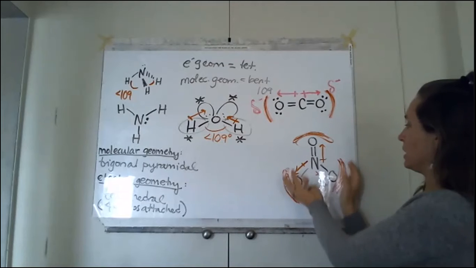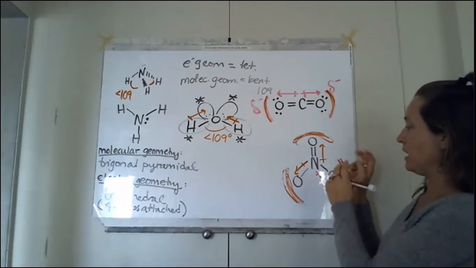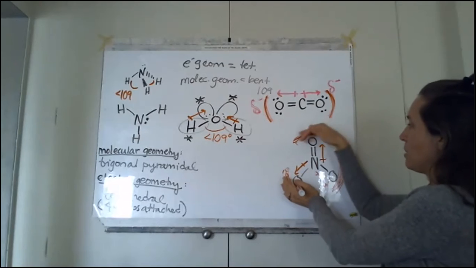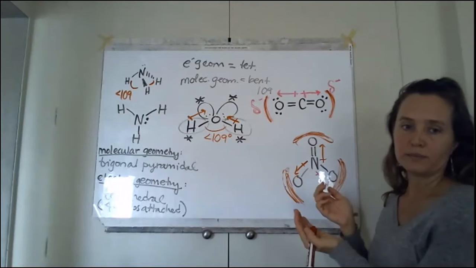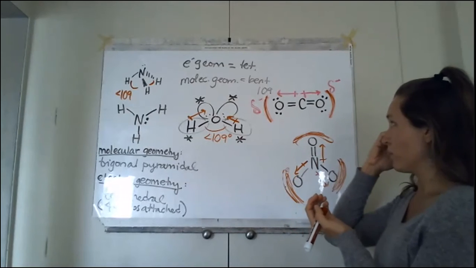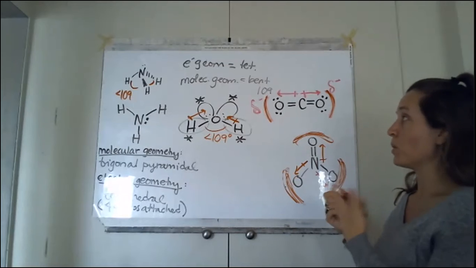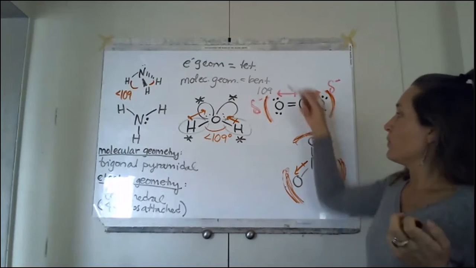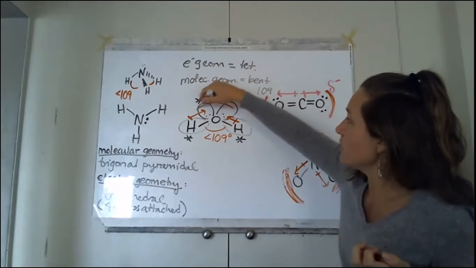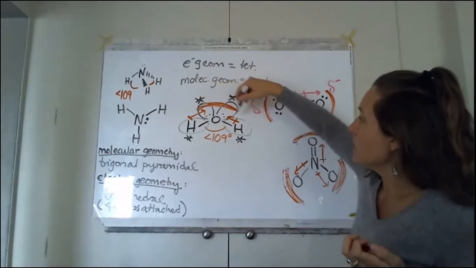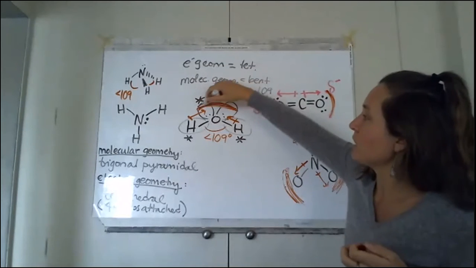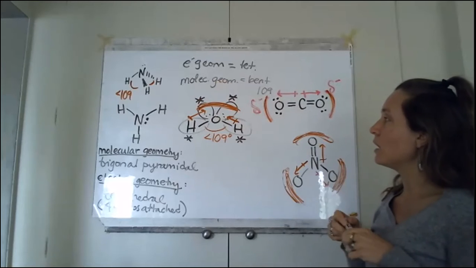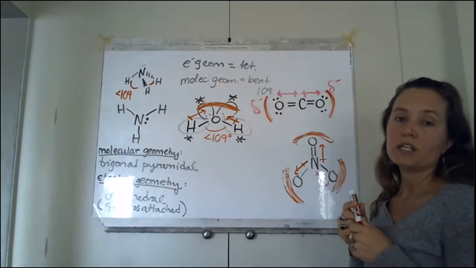Like over here, they're canceling, which means that there's electron density here and here and here, but that's symmetrical, so there's no overall portion of the molecule that has more electron density, whereas for water, there is. Whereas for water, these aren't canceling, so there's this side of the molecule that has more electron density,